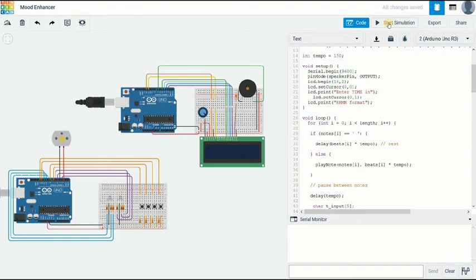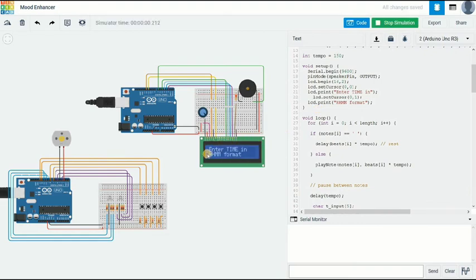Next, we need to display time on the LCD screen. So we start the simulation again and ask for a particular format of current time to be entered. This is done using the serial monitor. So let's say we entered the number 1159, which literally means that the time now is 11:59. When we press send, the clock starts ticking.